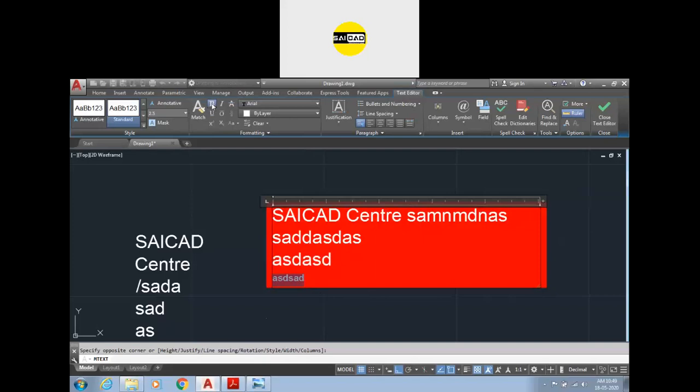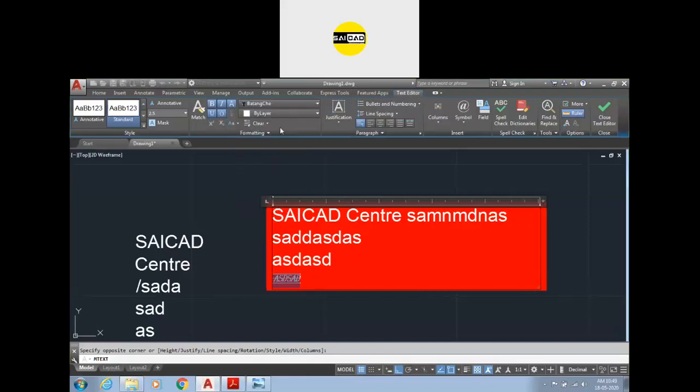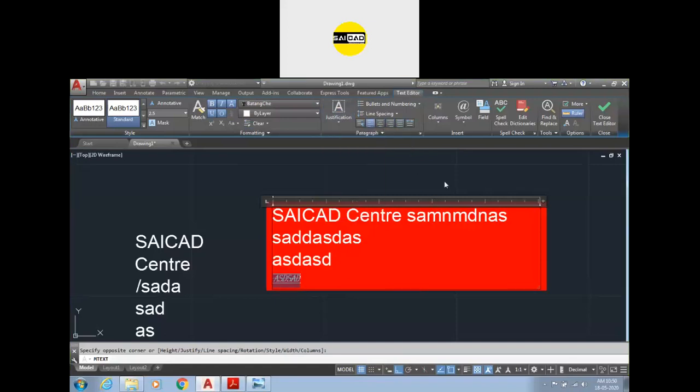Next we have bold, italics, underline. If you want to type something up here, something down there, or change the uppercase lowercase settings, you can do that. If you want to clear the format, or change the justification, you can do that from here. These things can be applied from this option.